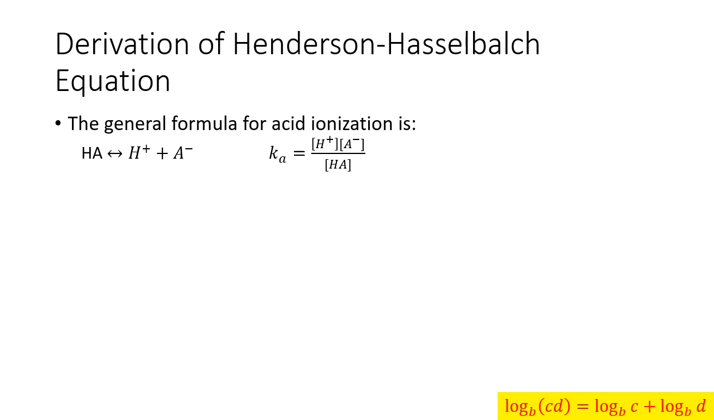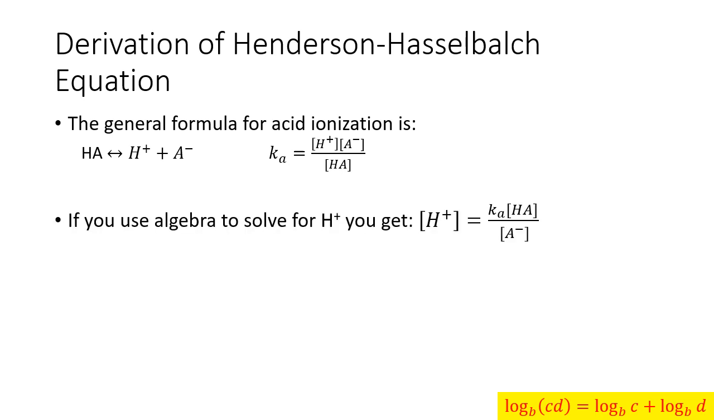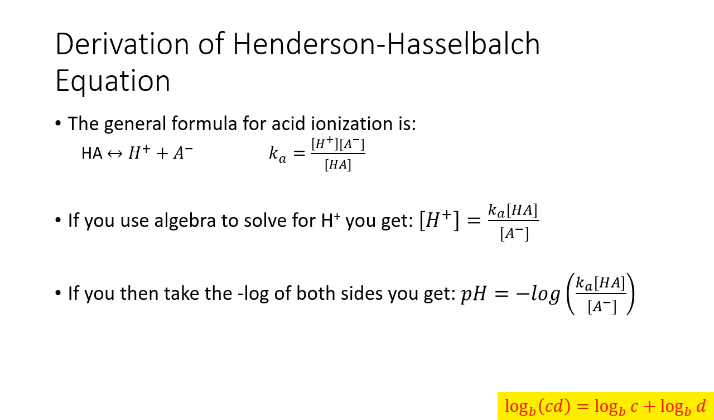We know the general form for an acid ionization and what the Ka is equal to. Using algebra, we can solve the Ka equation for the H+ concentration. So hydronium ion is equal to Ka, our acid ionization constant, times HA over A-. All right, from here, if you take the negative log of both sides, note that the negative log of H+ is pH. We end up with this fun little doodad where we've got pH equals negative log of, in parentheses, Ka